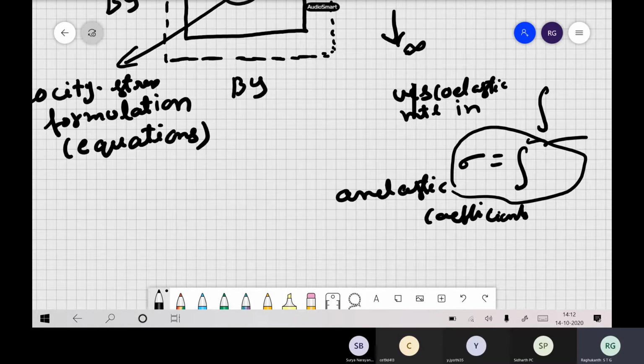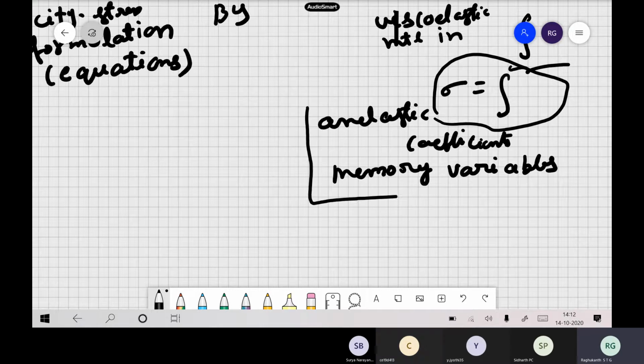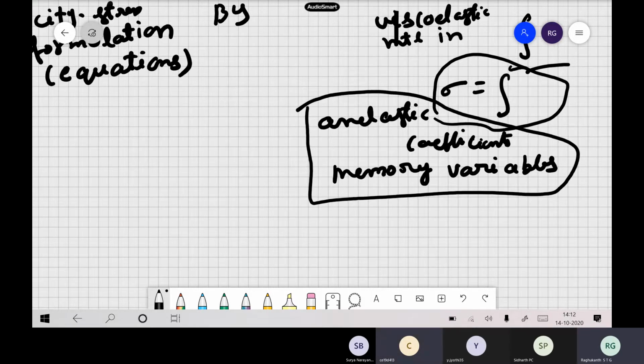But what is the main philosophy behind deriving these anelastic coefficients and memory variables? What is the speciality? The elastic portion was separated. That was fine. But apart from that, what is the main basis of doing it this way? Why did we derive all this anelastic memory? You can write it in terms of the creep function or the relaxation itself. No need to write anelastic coefficients. Memory variables are not at all required actually for calculations. But why did we do all those things in finite difference?